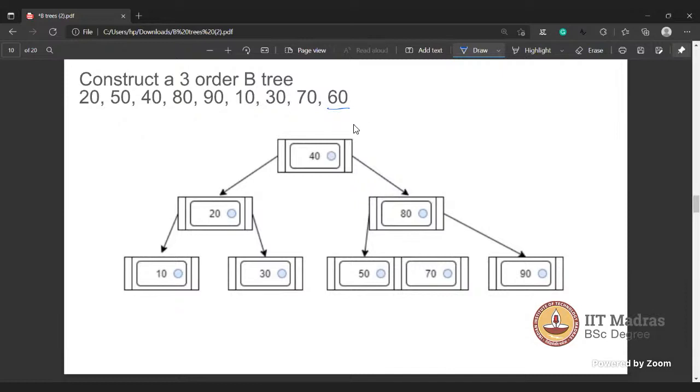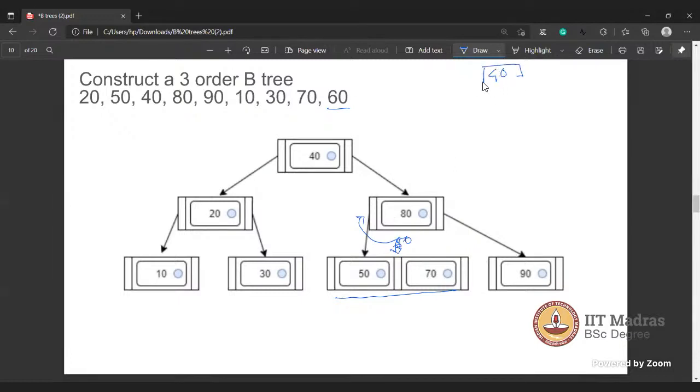So 60 is greater than 40, so 80, 60 is less than 80. Okay, so 60 is greater than 40, so it will insert in the middle, but this block is already full, so it will split up. So 60 will go up. Okay, so the final tree will be